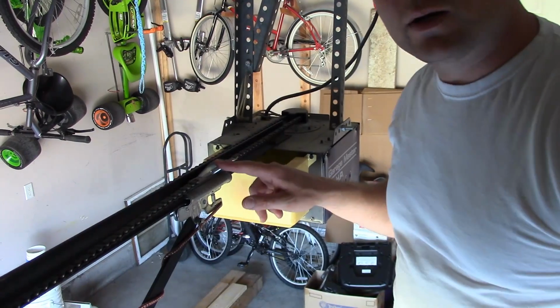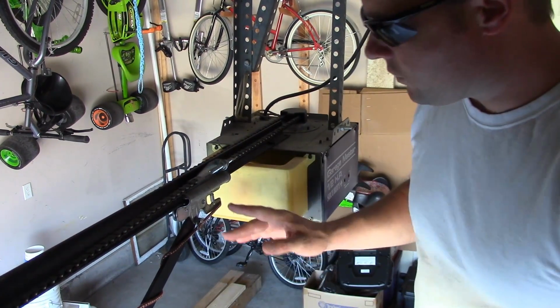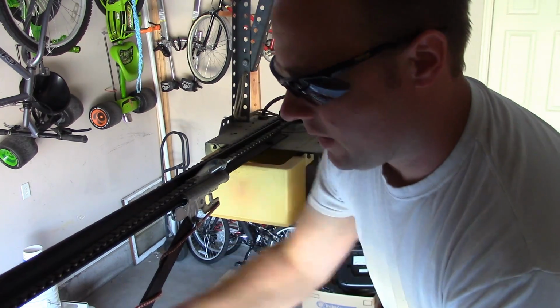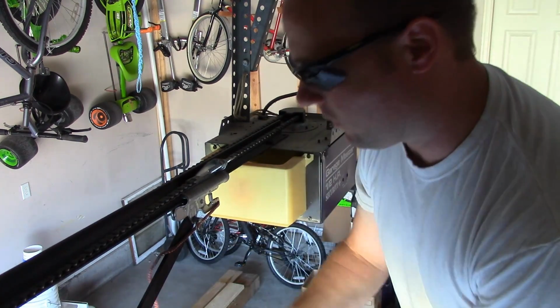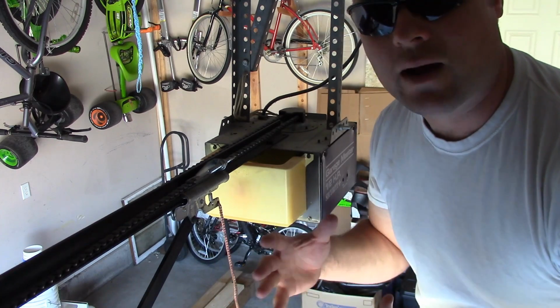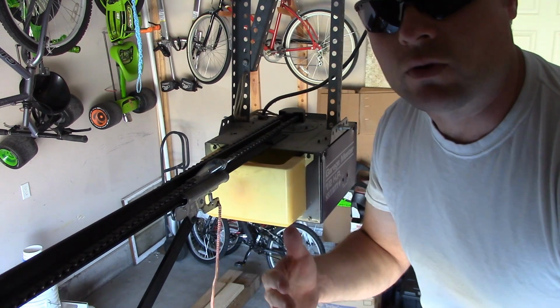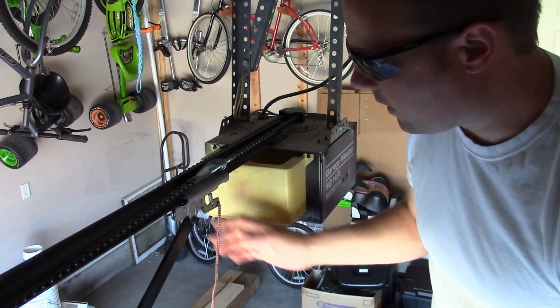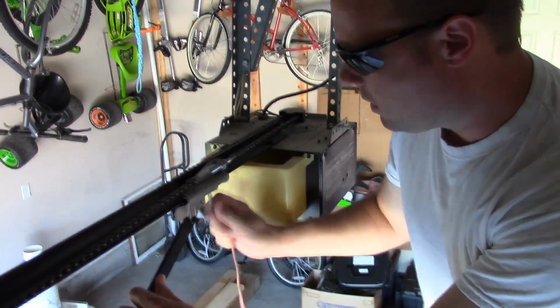Alright, you see this right here? Now for those of you that don't know it, this is how you pop loose the garage door opener. I guess I should go ahead and show you guys that since I am talking a lot about this. If you ever lose power or the garage door opener goes out, but you need to either open or close the door, you don't want to just go ahead and do it manually, you have to release it from the track. So you pretty much just...